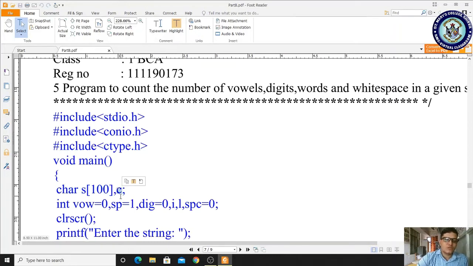These are required because we want to read a string from the keyboard and we have to store it in this array. That is why we have declared character s[100] and c.